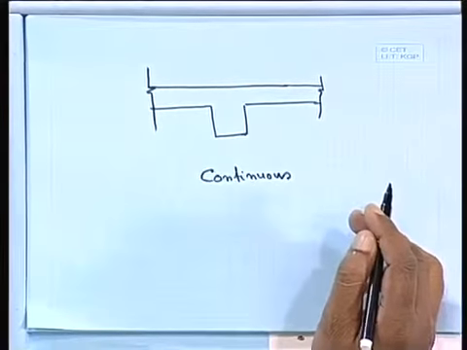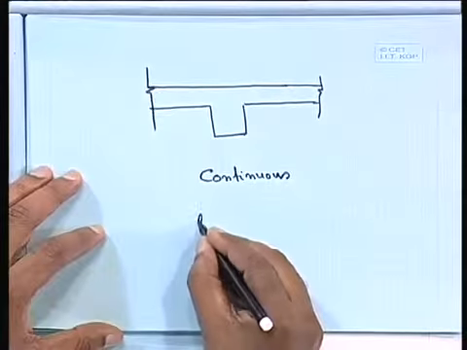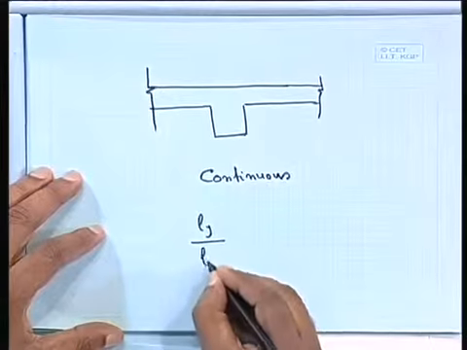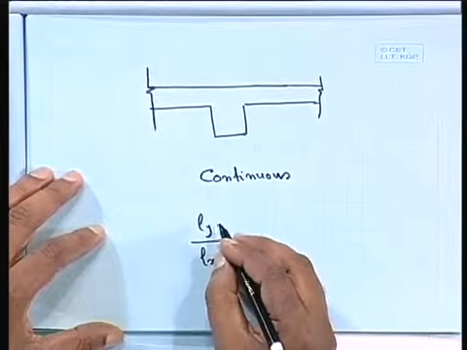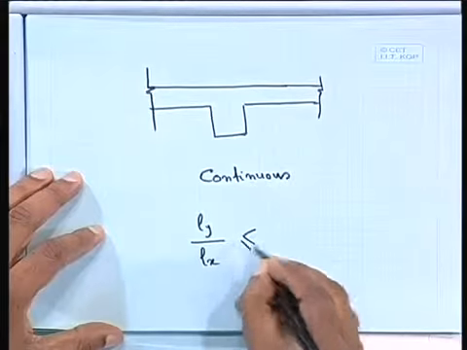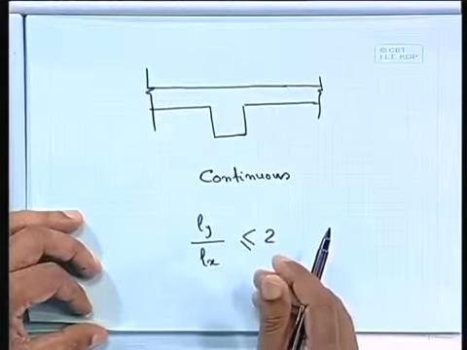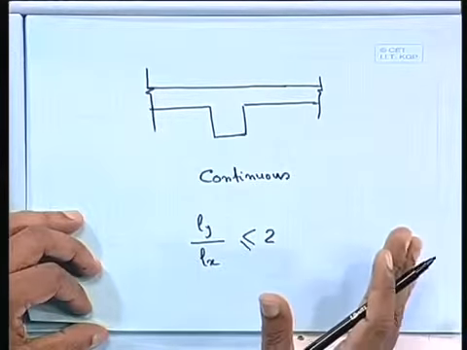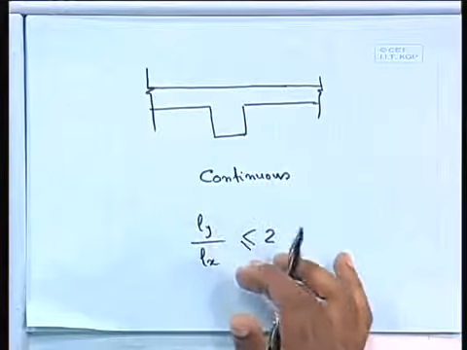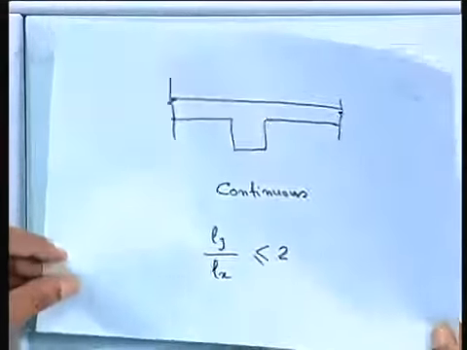So, these are the three different supports that we take for the design of slabs, and in all the cases we have to take Ly by Lx, the span in the longer direction divided by the span in the shorter direction, to be less than or equal to 2. That is our case. In that case only we can design it as a two-way slab. There are a few more cases we can take.